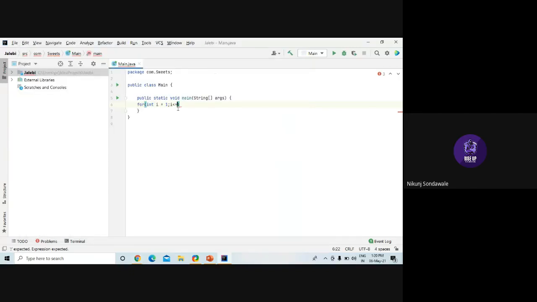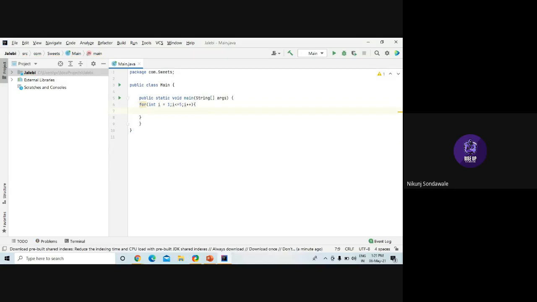So i less than or equal to 5, and i plus plus. Now let's open our curly brace and press enter. We'll introduce one inner for loop: for int j equals 1. I'll initialize and then put the condition j should be less than or equal to i.